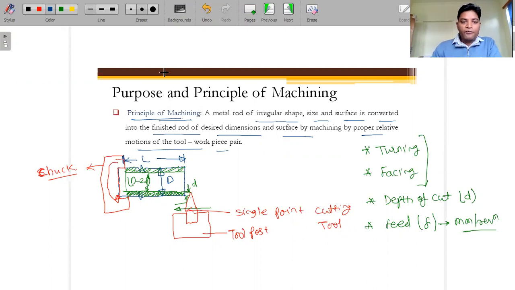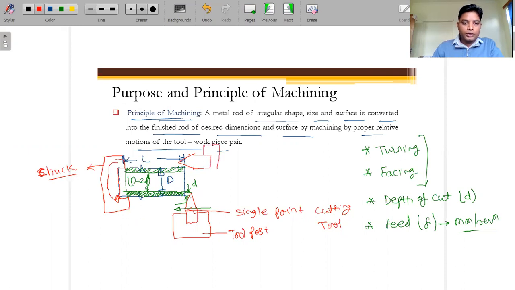Now if we have to go for a facing operation, I cannot make this figure, so I am making this figure. In this position we are keeping the single point cutting tool like this.